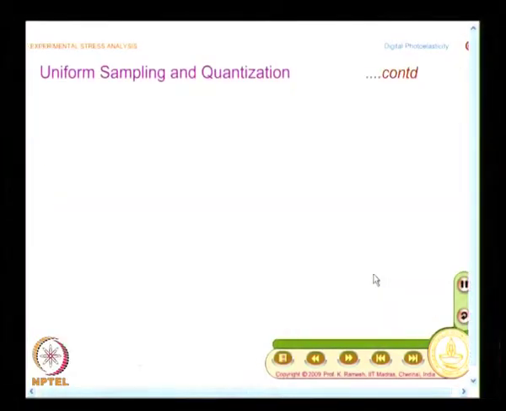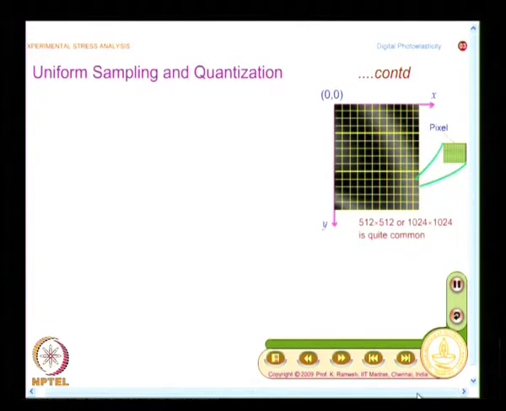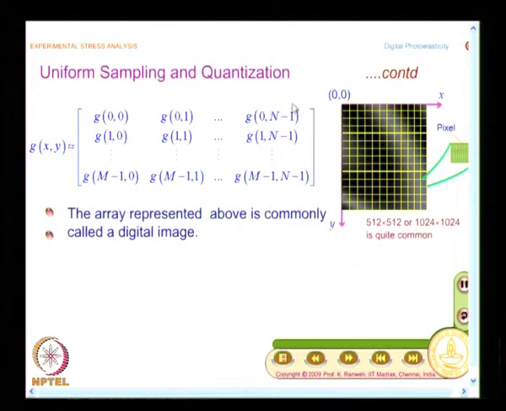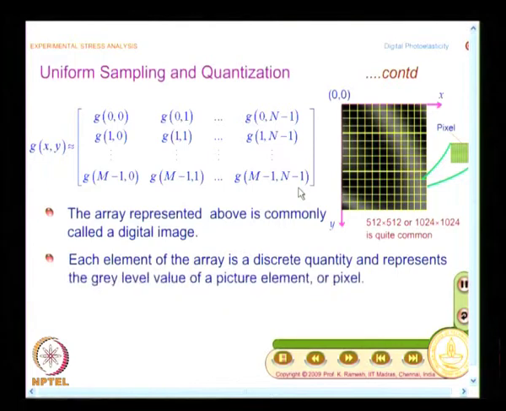So, at the end, by using a digital camera, you are able to get intensity data at video rates. That is the advantage. So, what you have here is, finally you get an image representation. This is essentially a matrix of integers.